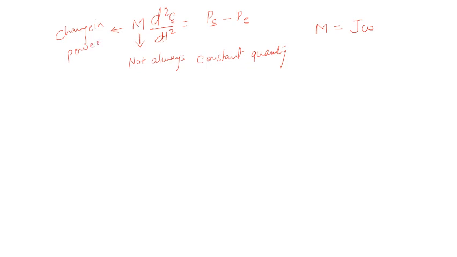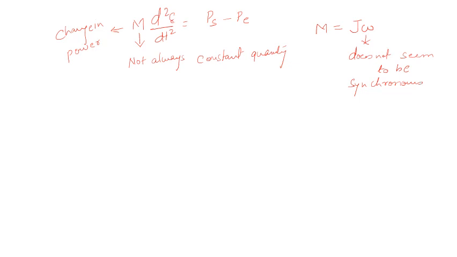So the omega you are using here does not seem to be the synchronous speed. So that's the big problem. Here M is not constant